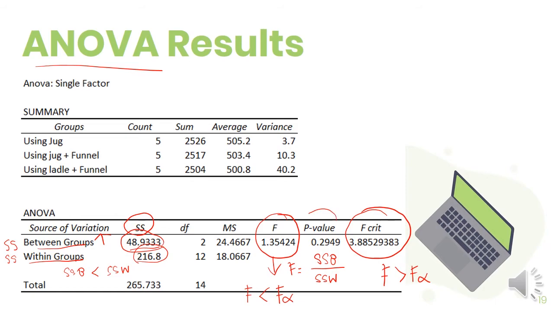And then we look at the p-value here, which is 0.2949. The p-value is larger than the significance level. The significance level is 0.05. And this means that the differences between the means are not significantly different, and we do not have enough evidence to reject the null hypothesis. So we can conclude that the different bottle filling methods do not have a significant effect on the volumes of Tehrosella